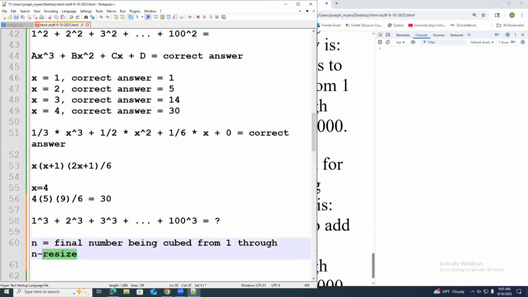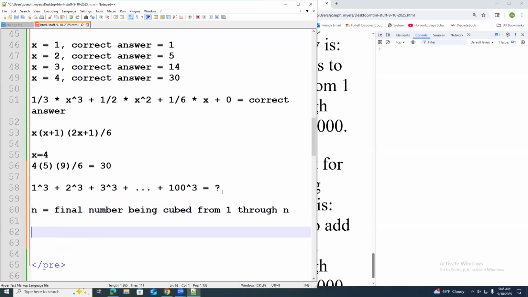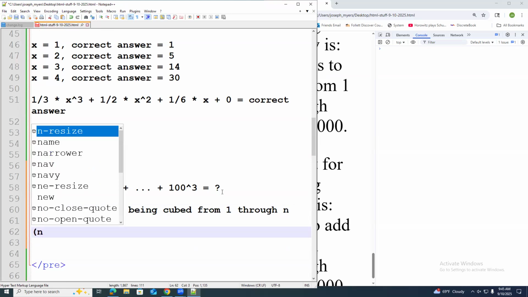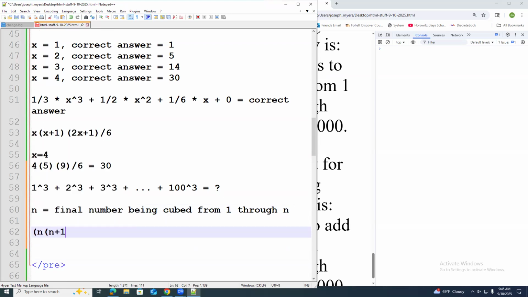Whoops, it did some auto completion thing. So with the final number being cubed from 1 through n called n, the formula for it is actually n times n plus 1 divided by 2. Does that look familiar? That's the same formula we used at first. If you simply square that formula, you'll actually get the final answer.